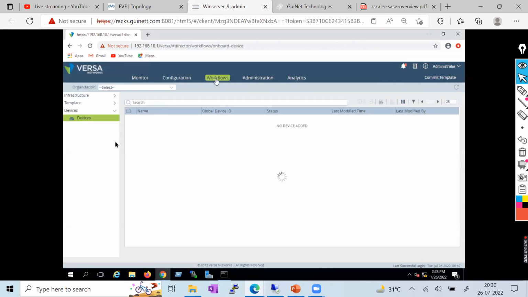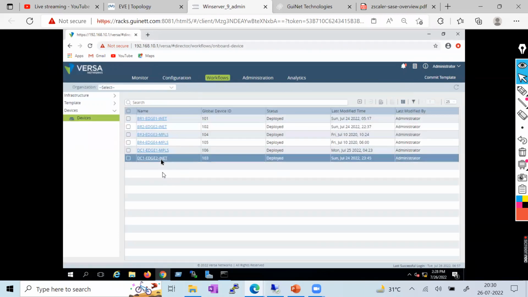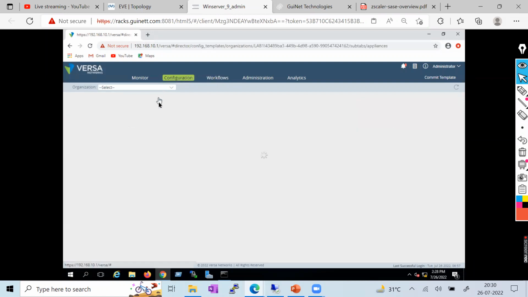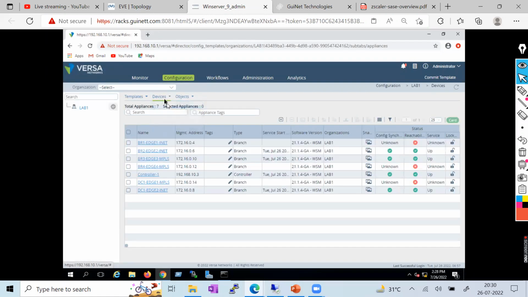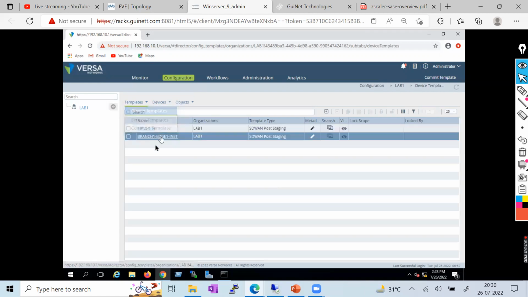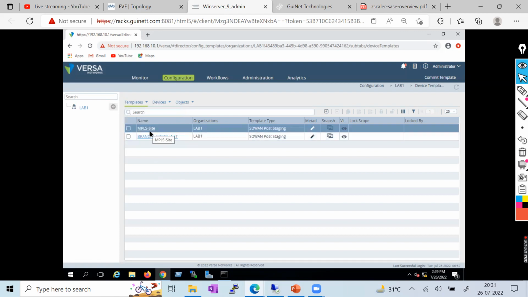And you can see these are all the devices configured in the Versa dashboard. They have all kinds of reachability and connectivity, and these are the templates we created here. So this is the Versa SD-WAN. Probably we'll start a new batch very soon for Versa SD-WAN. Cisco SD-WAN batch is running, and Palo Alto Firewall batch is also running.